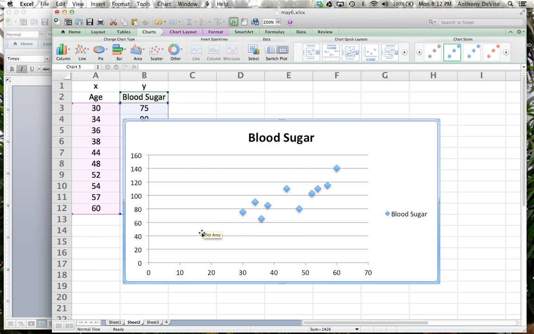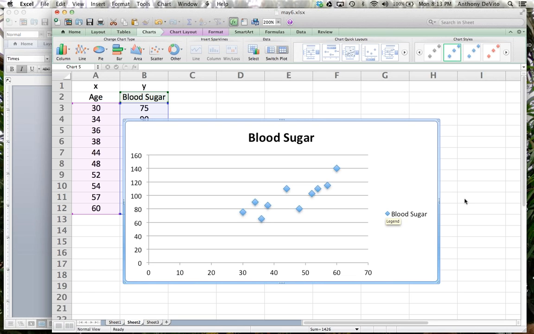Okay, so now if I were to attempt to draw a line through these that would best approximate this relationship, it probably wouldn't actually hit any of these individual points, but I could draw a line that kind of suggests what the relationship between age and blood sugar is. Okay, and if I extended that line, I could see that line go all the way back here and cross the x-axis. I'm going to imagine this going down here, and I'm going to think, gee, it kind of looks like it crosses the y-axis down here at, say, minus 20